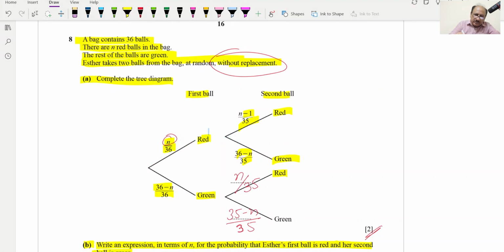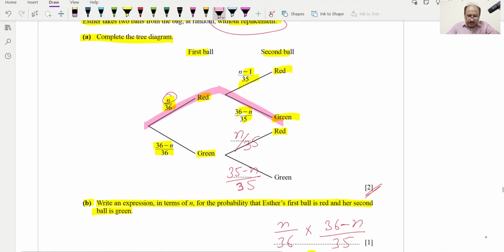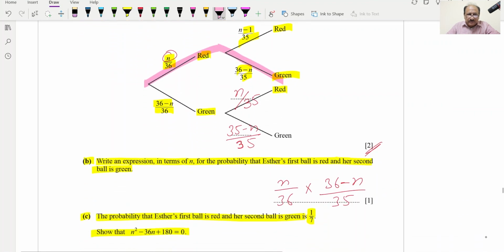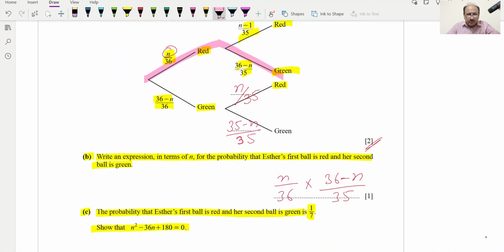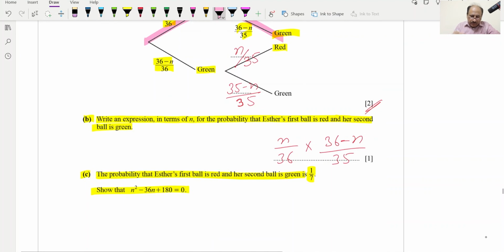We will be taking first red and second green, this route. So first red, second green, n by 36 into 36 minus n over 35. So we can write n over 36 into 36 minus n over 35, and it is provided equal to